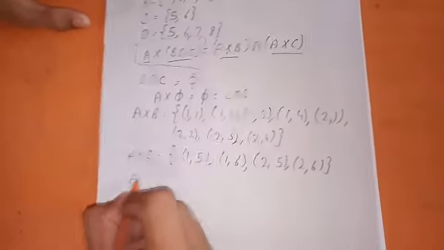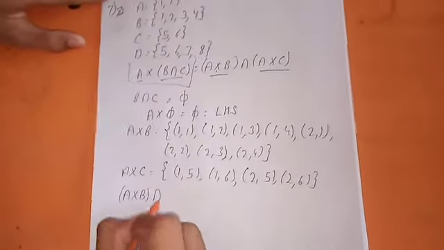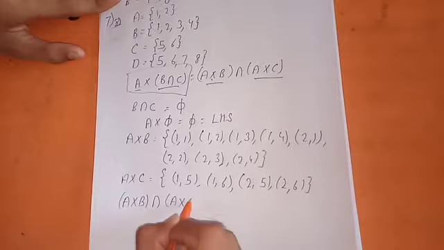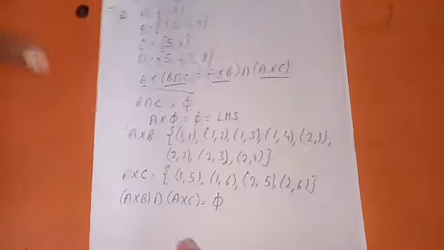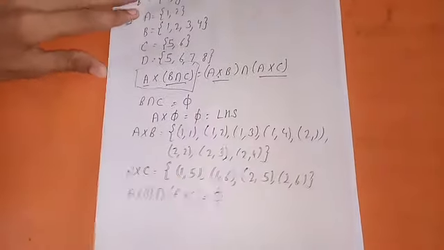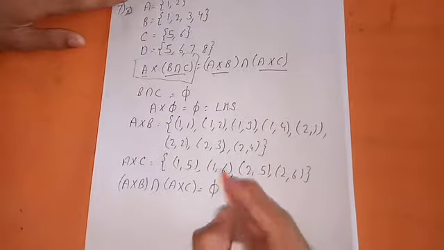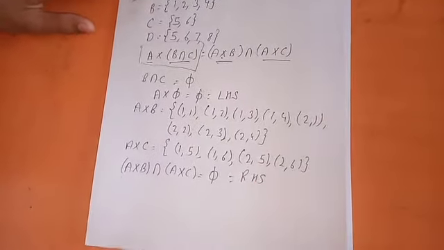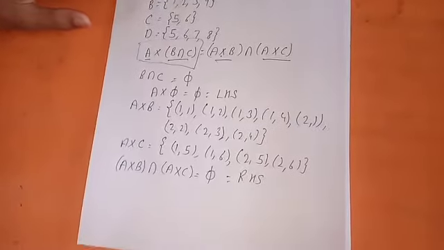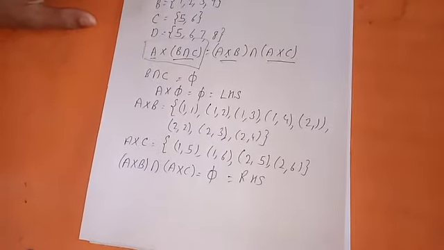Now we have to take its intersection. A cross B intersection with A cross C is equal to the null set. You can check that none of the elements in these two is common, so our right hand side is also equal to the null set, hence our result is proved. Okay, similarly you can